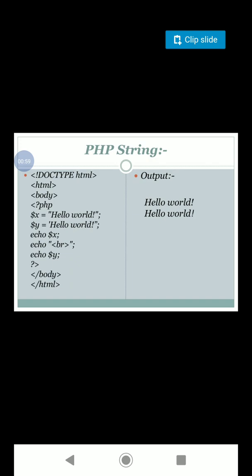So here is an example to demonstrate PHP string. We know that a sequence of characters enclosed in double quotation marks becomes a string, and echo is a statement that is used to display the output, that is the value stored in the variable x. Also echo is a function that can handle strings. So here the break tag, which is present between the two echo statements, causes a new line to be inserted between the previous line and the next line. So we have the output printed in two subsequent lines.